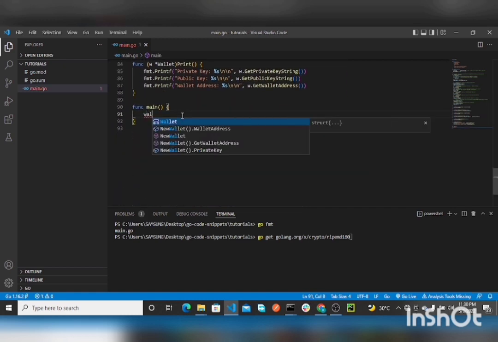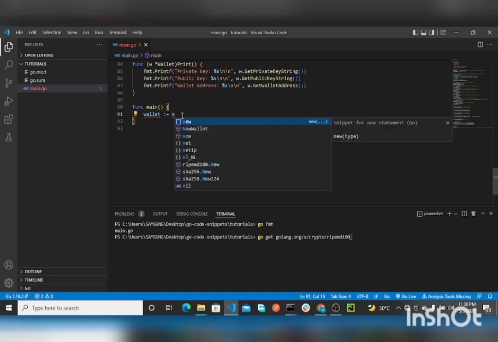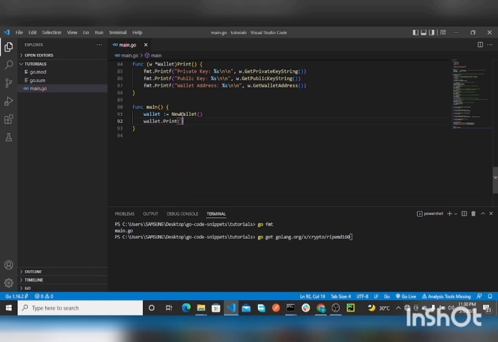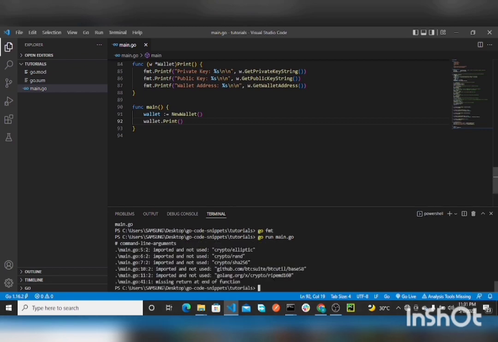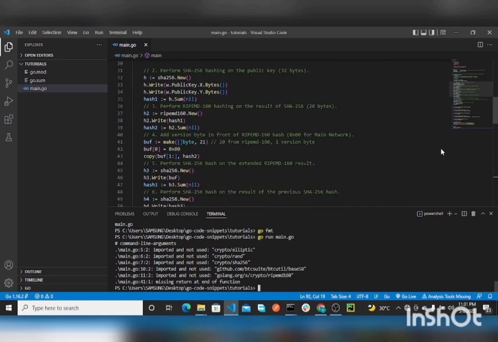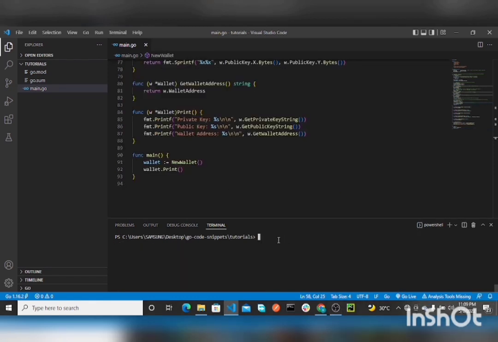You can just say wallet should be equal to new wallet. We'll just do wallet dot print, and we'll just run the code. So I'll format again, then run. It says I'm not using them. Okay, something is wrong. I'm using them actually. Okay, excuse me. So it figures that was some random weird error, I don't know. So if you run the code now,